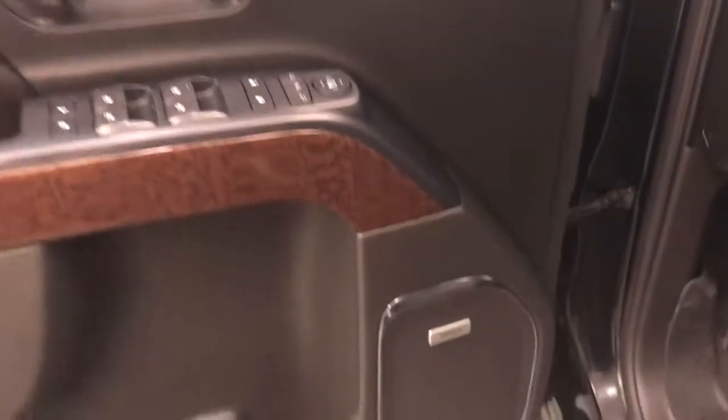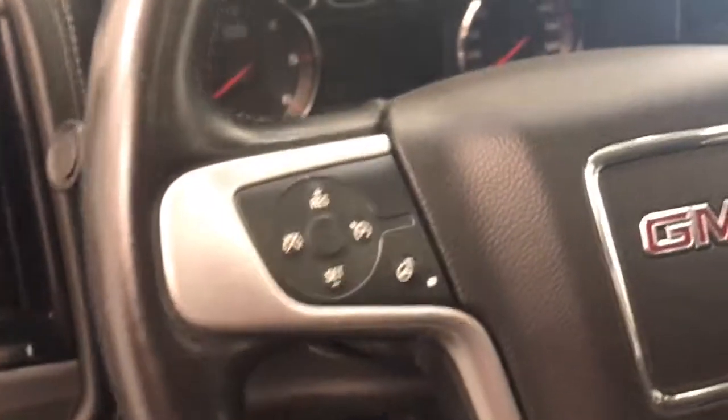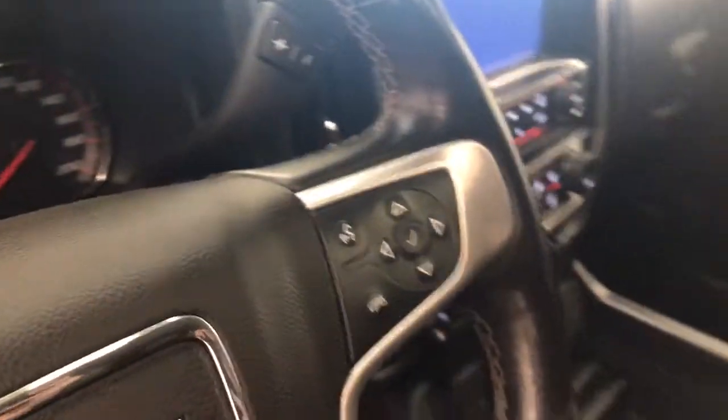Interior options include power windows, locks and mirrors, power folding mirrors, memory seats, wood grain trim, premium audio system, power seats with lumbar support, leather wrap upholstery, sunroof, light controls, four-wheel drive controls, and trailer brake, tilt and telescopic steering wheel, cruise control, heated steering wheel, hands-free communication and audio controls, wireless charging pad, sunroof controls, garage door opener, OnStar